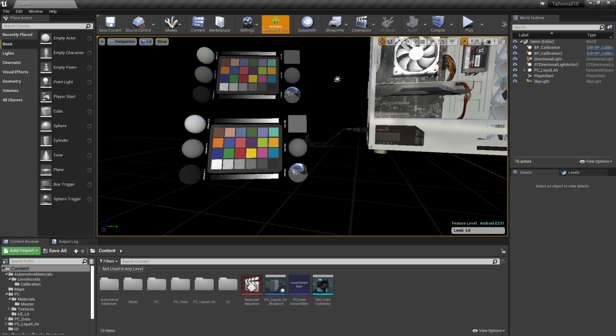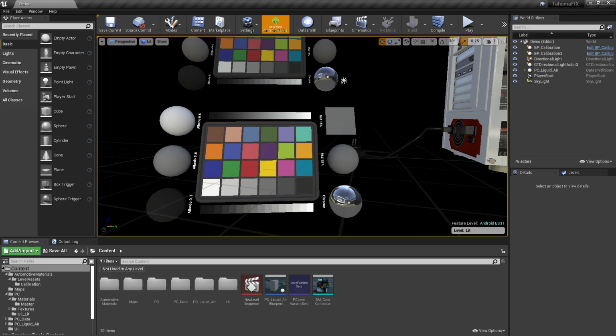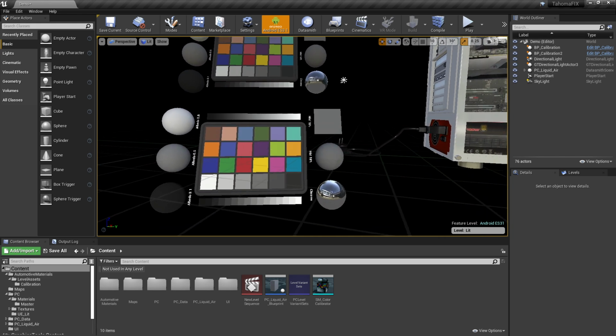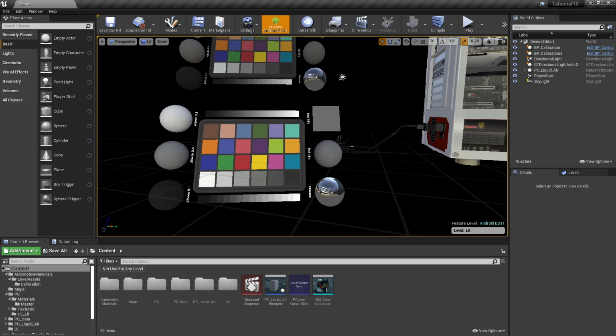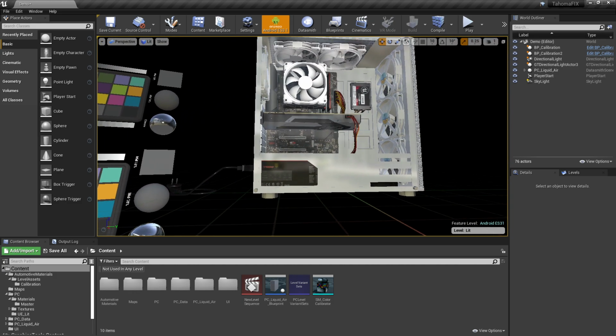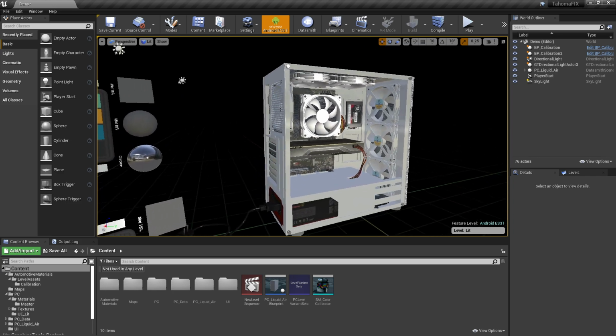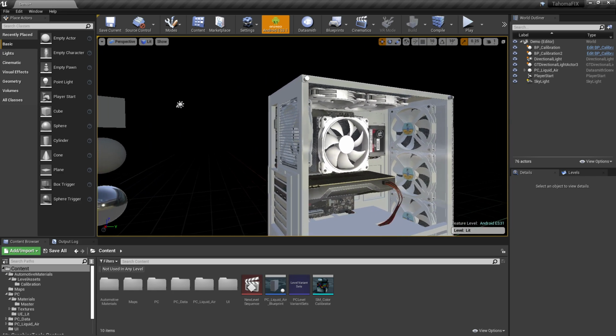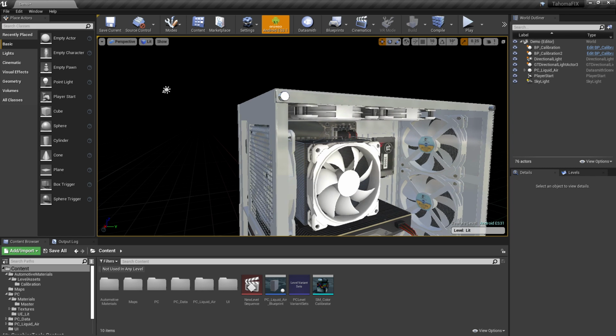And you can see that once that mid value is set, everything sort of comes together. It starts to look really pretty nice and pretty good. So the next thing that we want to do is start to build up some more materials on this PC using the graphics tools. And I'll just show you how to do that.